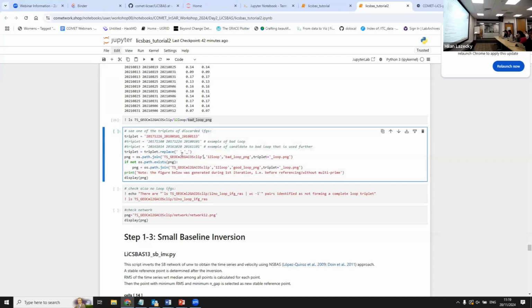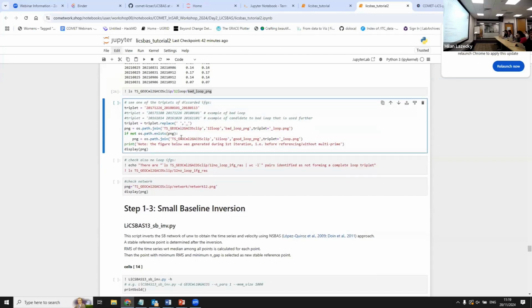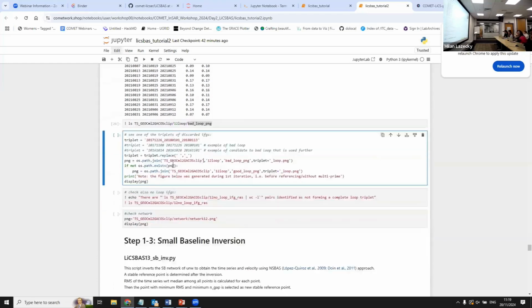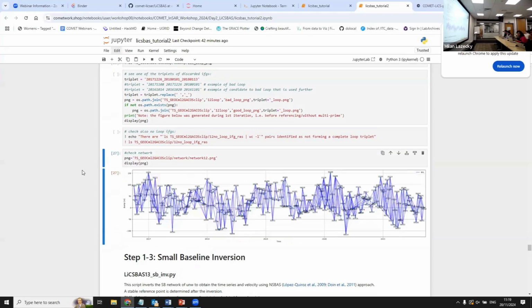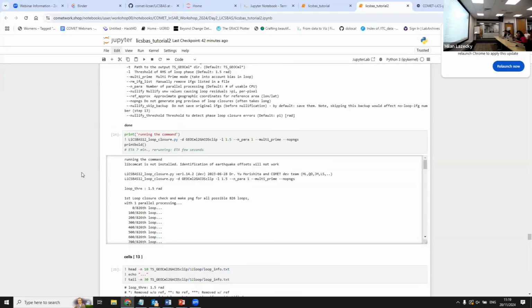Okay, so I will skip the other cell because we don't have anything. Threshold 1.5. How do you define the threshold 1.5? Like how did I get to that number? Basically by experience, but